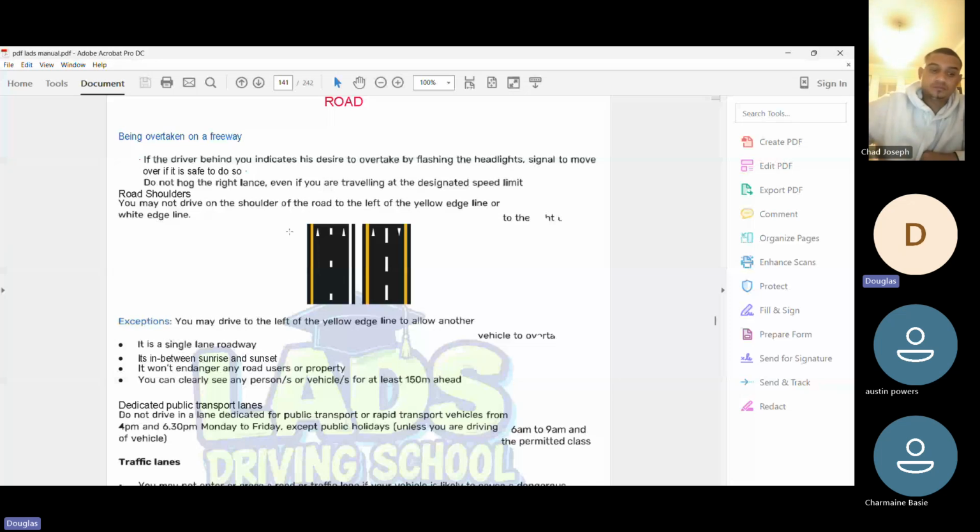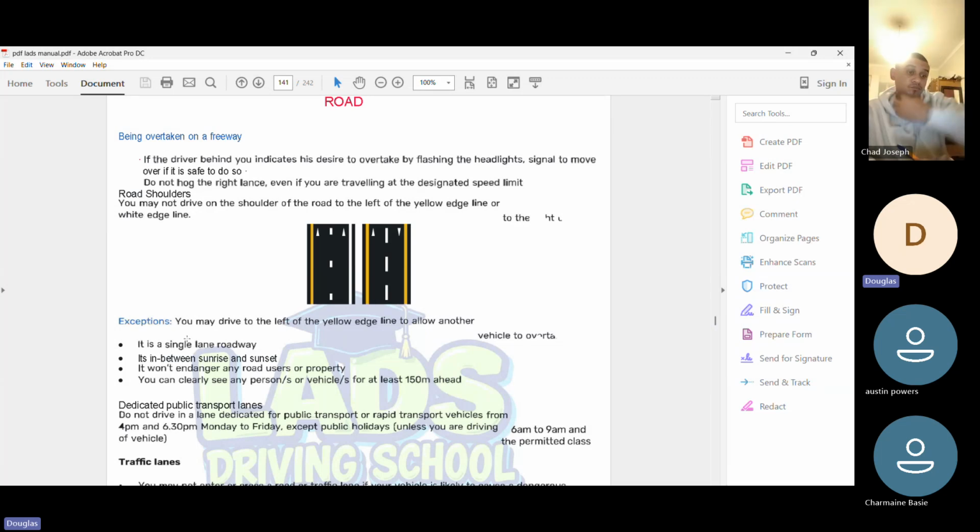Sometimes you're gonna find that trucks are moving at a slower pace and they see that they're creating more traffic behind them. So they'll move over to the side and allow other traffic to pass and they safely go back in. Okay? And another one is